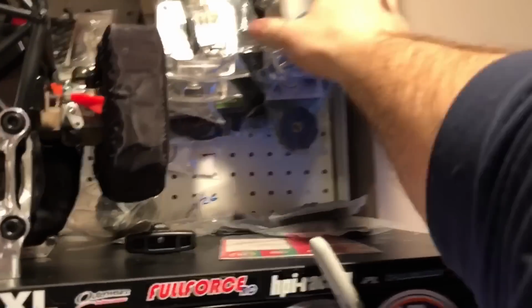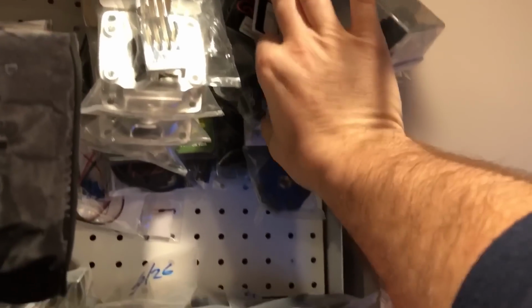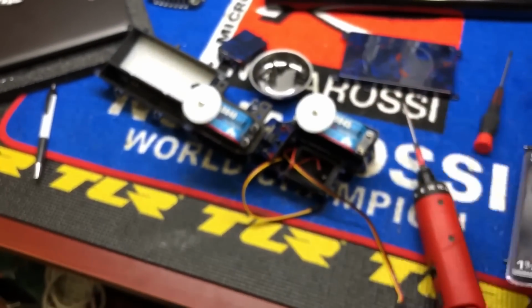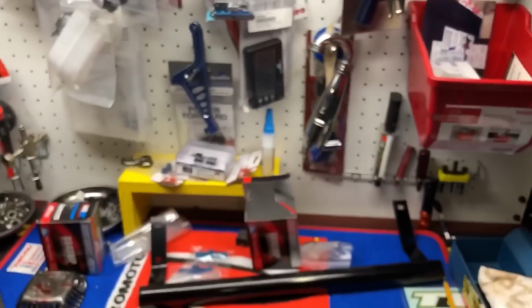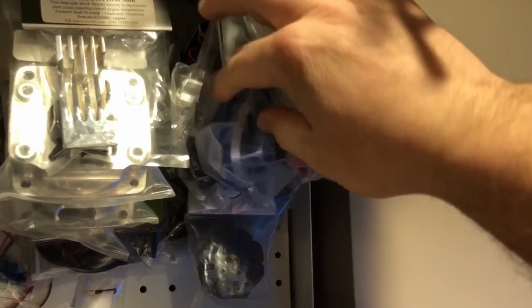working. And another thing that I really like from RB Innovations is their clutch fan. All right, is that the cooling clutch? There it is. This has helped out many friends of mine, newbies, that kept melting their clutches. You know, I got to be honest, I don't have issues with my clutches. I have my clutches last a while, and I've been lucky. But some of my friends, man, they go through clutches, and this has helped them out tremendously just by installing